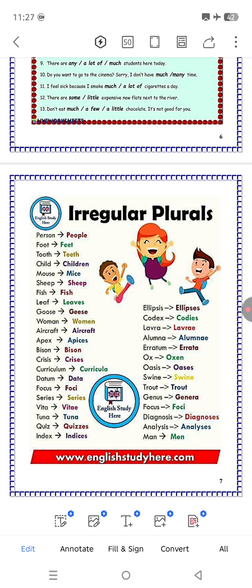And also you can put the words that change only the last two letters from is into es. For example, the word analysis, and we have the word diagnosis. So you will create the ways that will help you more to memorize these words. Try to make things easier for yourself by using these